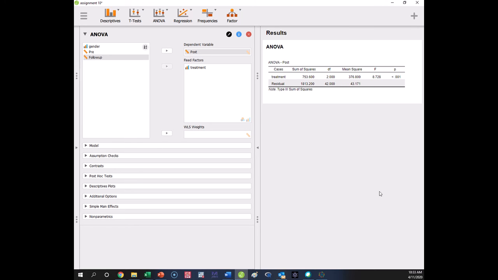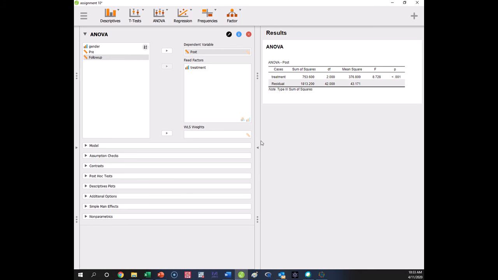Two things. One, is the effect statistically significant? Yes. Two, are there more than two levels of the independent variable? For treatment, we know that's the case. You can also always tell simply by looking at the DF term. If the DF is more than 1, then there's more than two levels, right? Because this is always the number of levels minus 1. So this test has 2 degrees of freedom, which means that we need to do a post hoc for it. Anytime an effect has a DF greater than 1 and a significant result, you need to use a post hoc